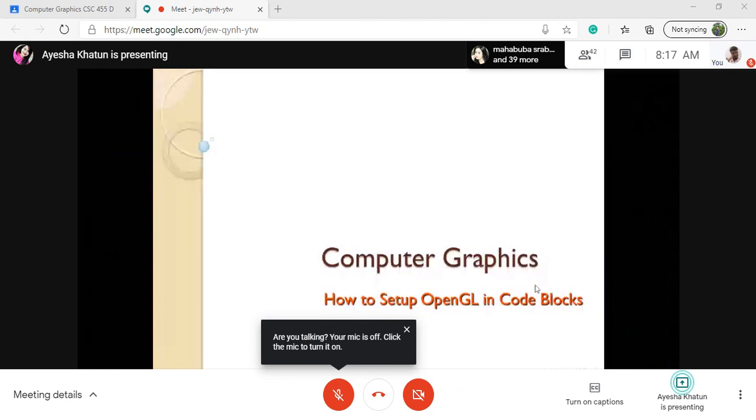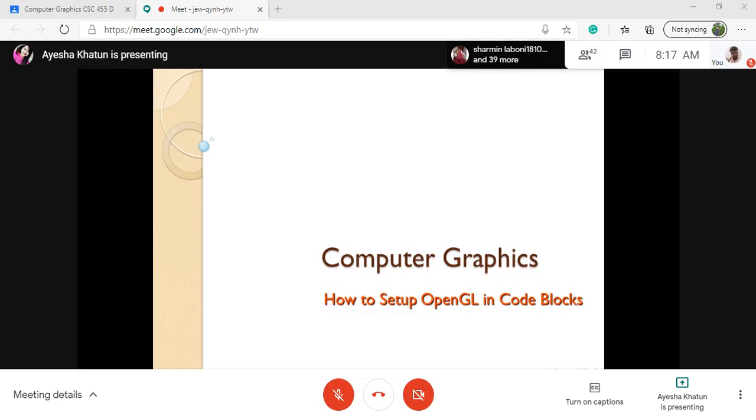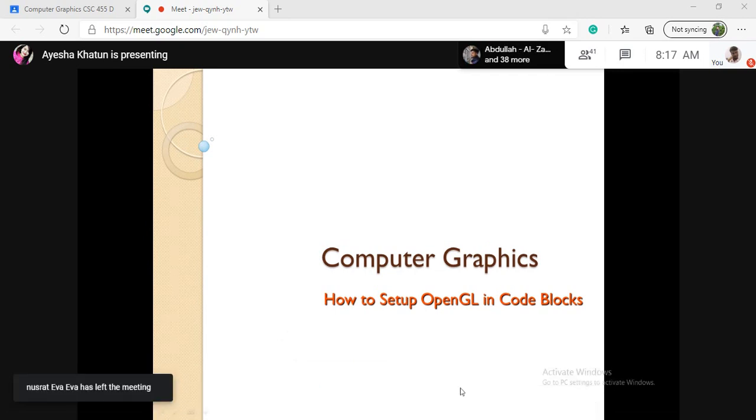You can see, right? Yes, ma'am. You have the idea of working with Code::Blocks, right? I think you have worked on Code::Blocks. Okay, so basically you will use this platform for working with OpenGL as well. But you have to import some of the library functions of OpenGL. That is the difference. So you will call some of the functions of OpenGL to design any of the objects. So you have to integrate OpenGL with Code::Blocks. That is your task. Okay.